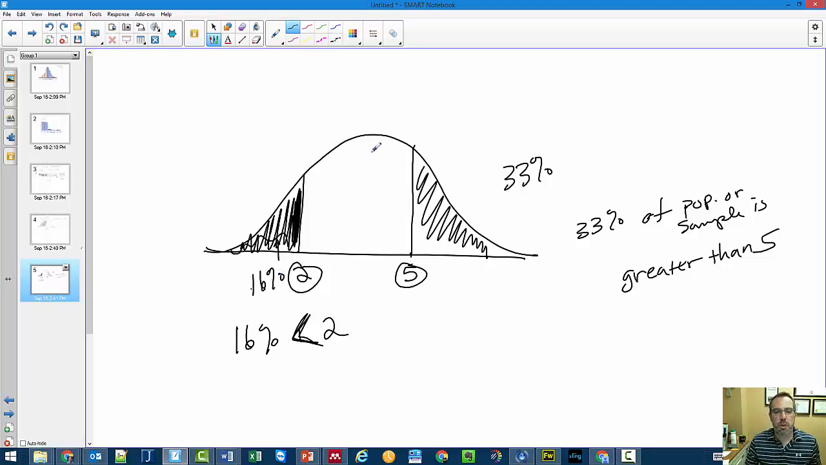16% of the people or population ends up being less than 2. So that's where we're headed with this, and the idea is going to be getting into those z-scores. So the last thing I want to point out, and they talk about this, and it maybe doesn't always make